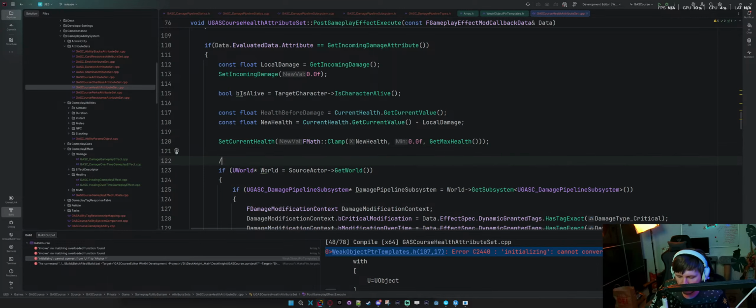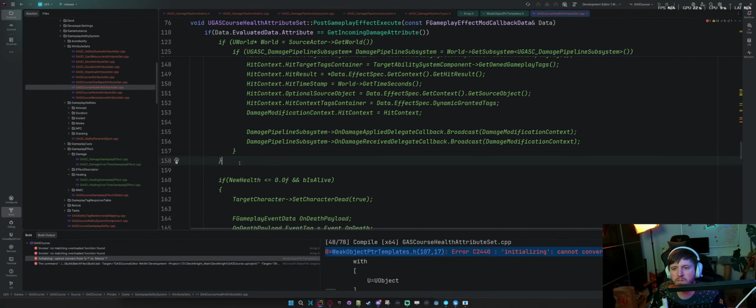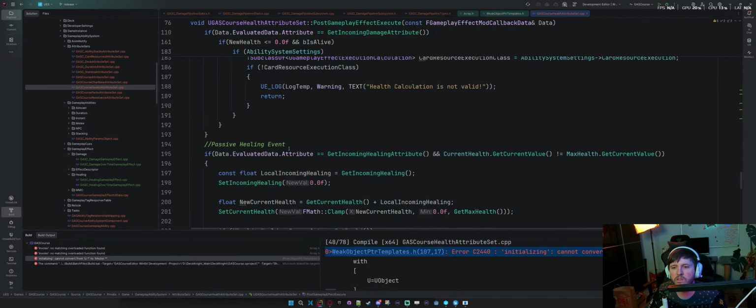Let's, just to be certain, comment out my portions of code in here.